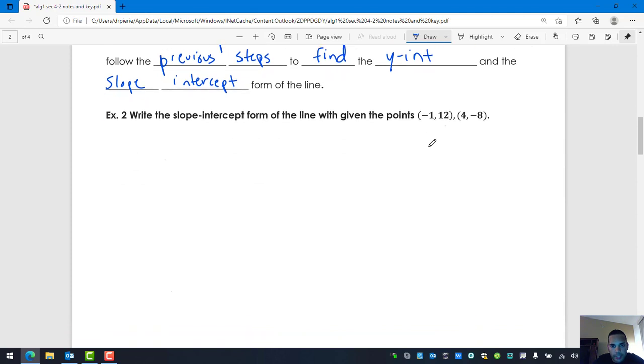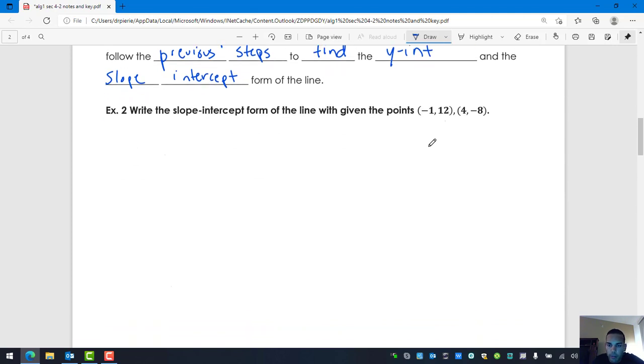It says, write the slope-intercept form of the line with the given points (-1, 12) and (4, -8). So we want the equation of a line that passes through these 2 points in the format y is equal to mx plus b. Okay, so this is the toughest one yet